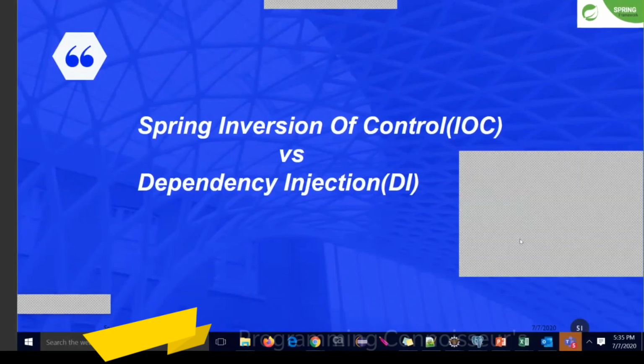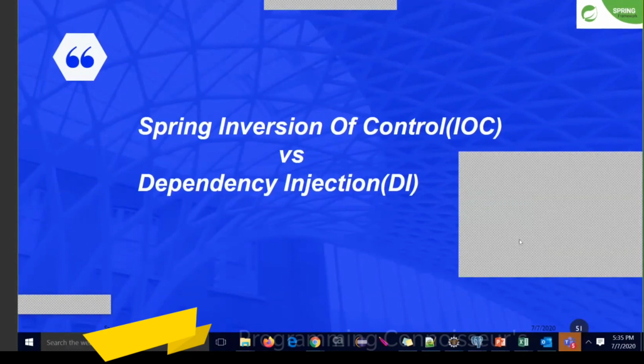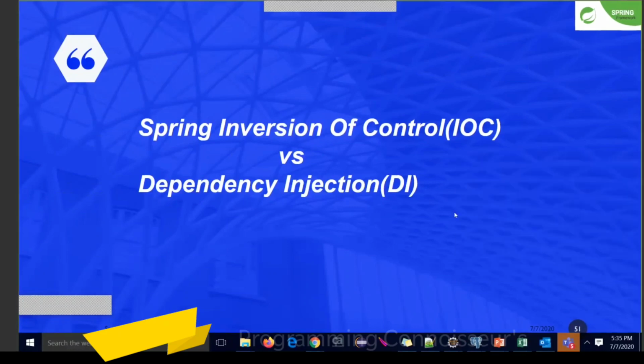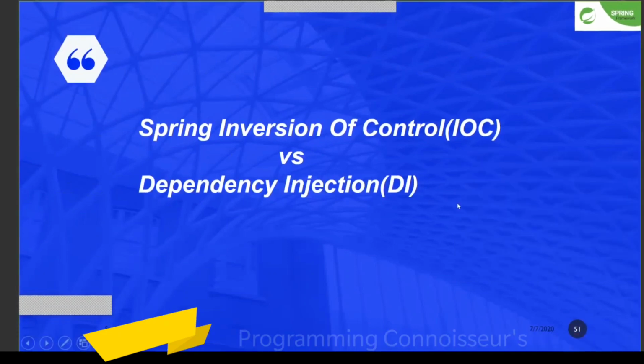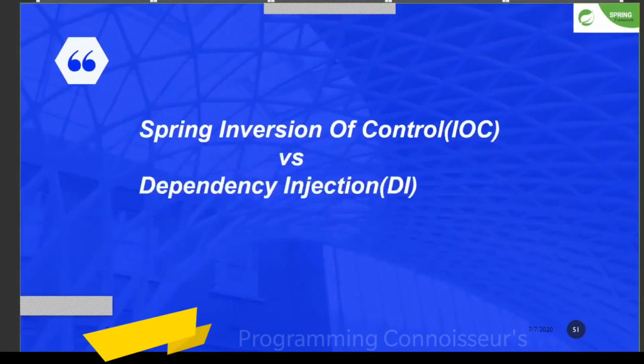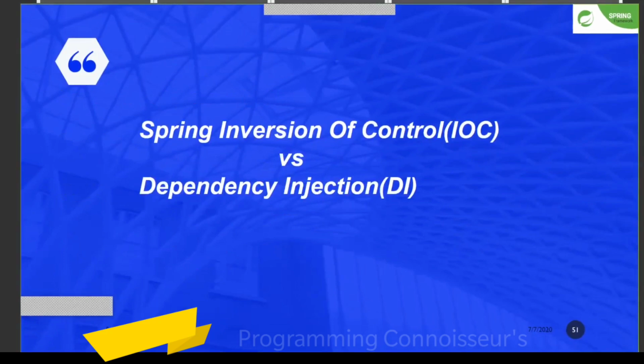Dependency injection can be created in three ways. Dependency injection is a pattern used to create instances of objects, and IOC is giving control to the container to create an instance and inject the objects into your application. Instead of creating objects yourself, you are given an instance. We'll see in depth what inversion of control and dependency injection are, further in this video without any confusion.